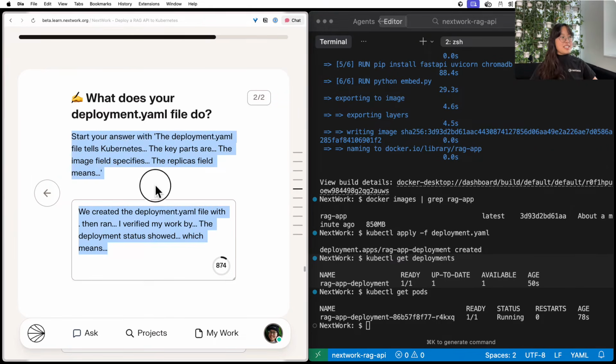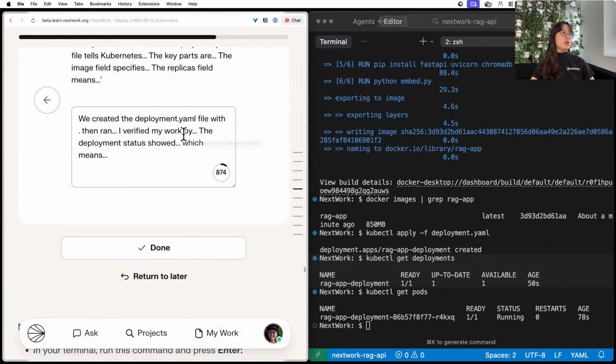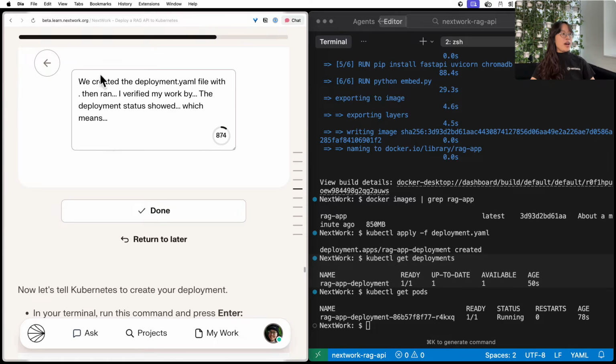Update. Sorry team, just realized I was loading the wrong version of the task for this step. So let's go ahead with the correct versions. Earlier in this step, you would have seen a question that actually asks, what does your deployment YAML file do? So we created the deployment file